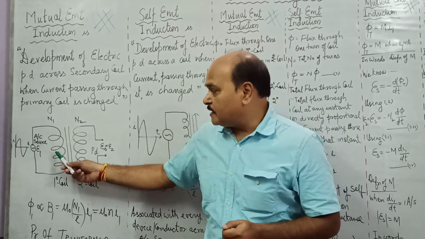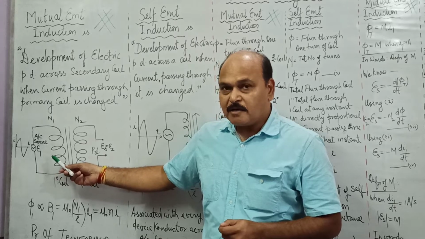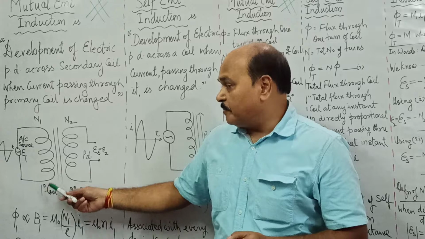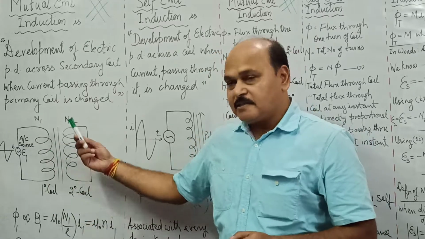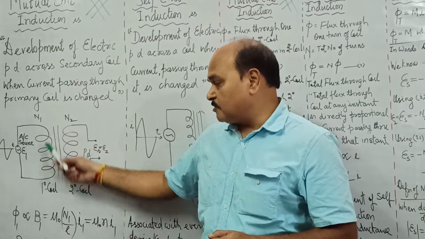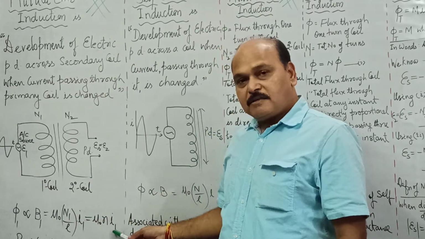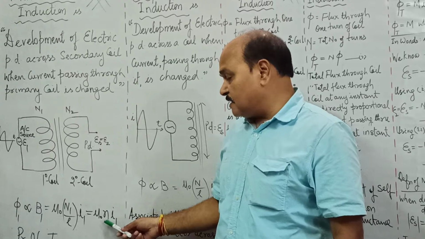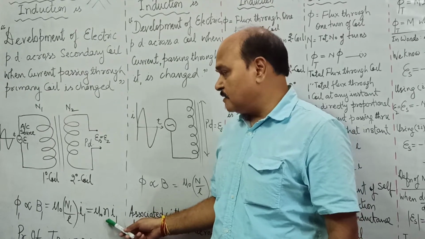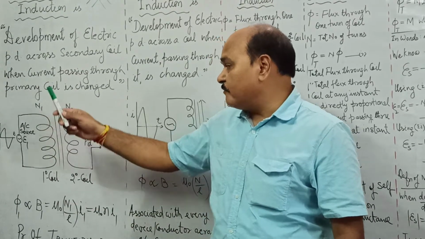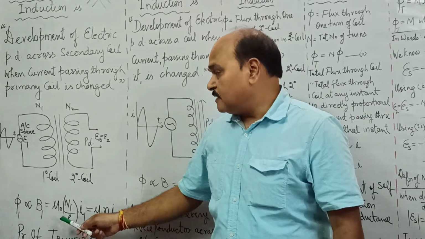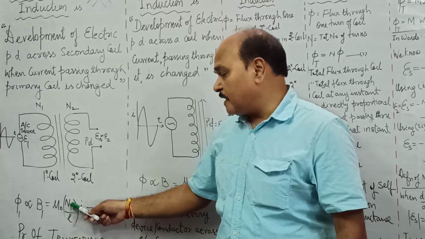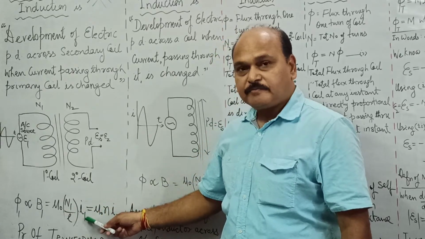So when we vary the current passing through the primary coil, which is analogous to a solenoid, what happens? The magnetic field due to the primary coil is changed. Magnetic field due to any solenoid is what? Mu naught n I, where I is the current passing through the solenoid and n is the number of turns per unit length. So in the primary coil, if the number of turns is N1 and its length is L, then the magnetic field produced by the primary coil is going to be mu naught N1 upon L times I1.